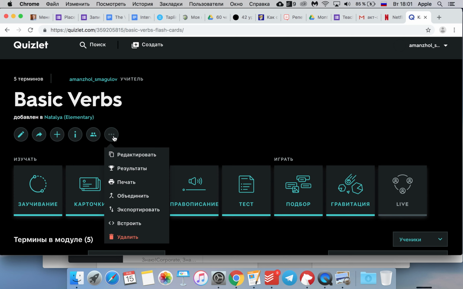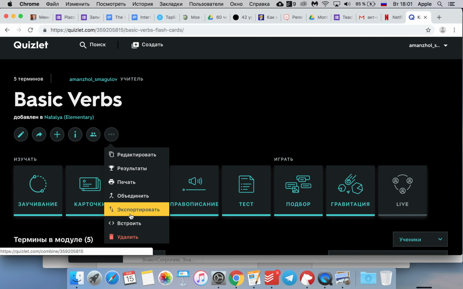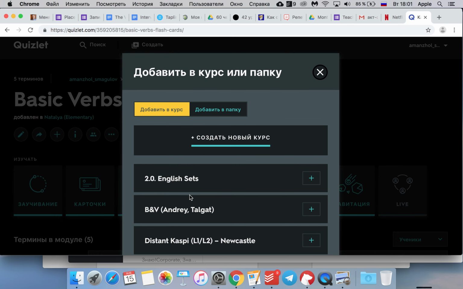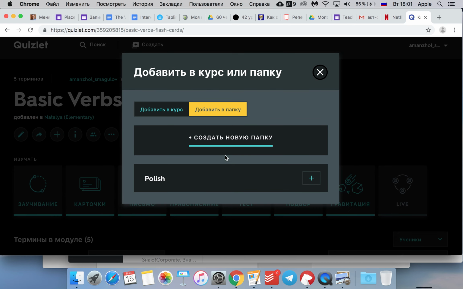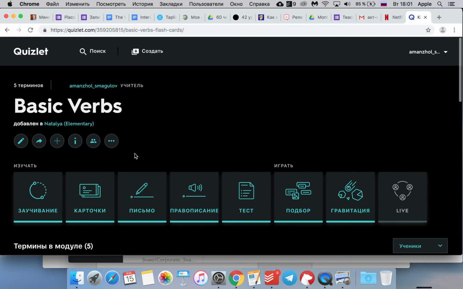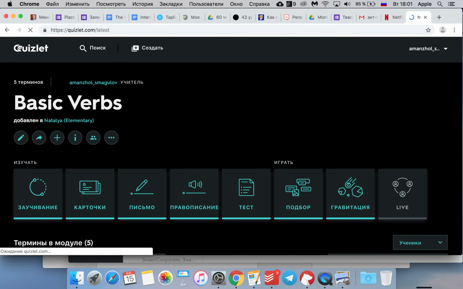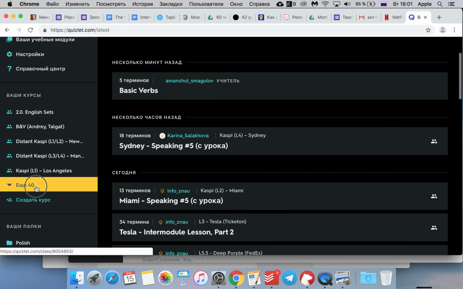What else? You can duplicate, combine with another set, you can copy that. You can add it to other courses, you can add it to one of your folders, and students can do the same. Let me show you how the results look like